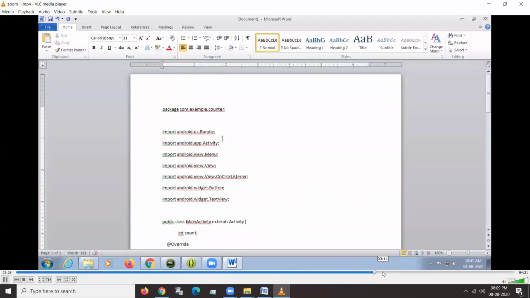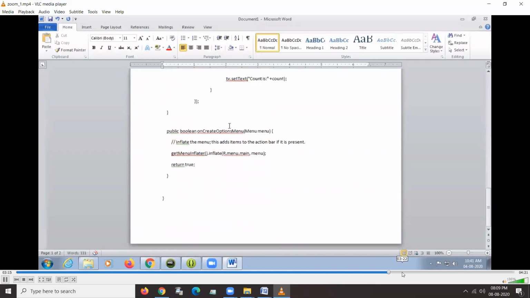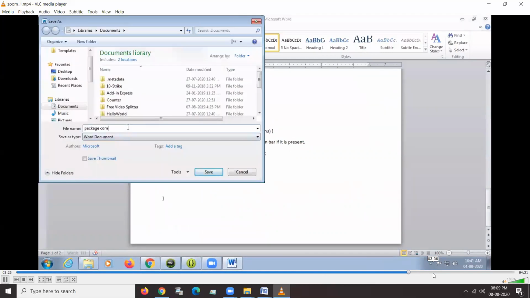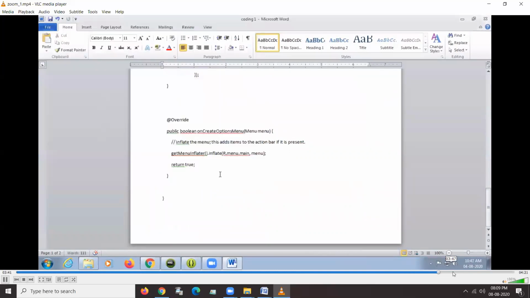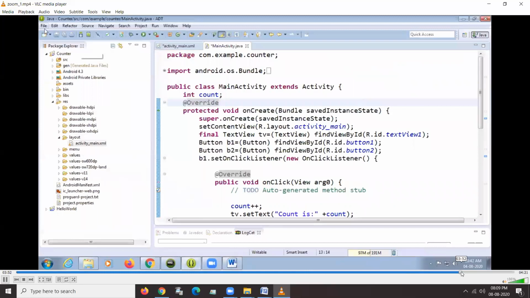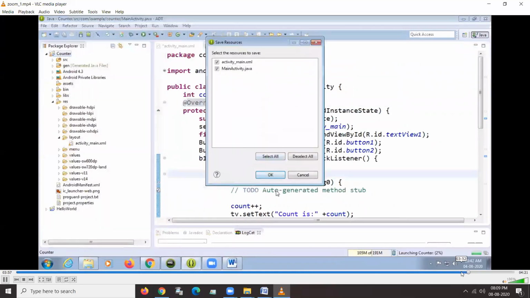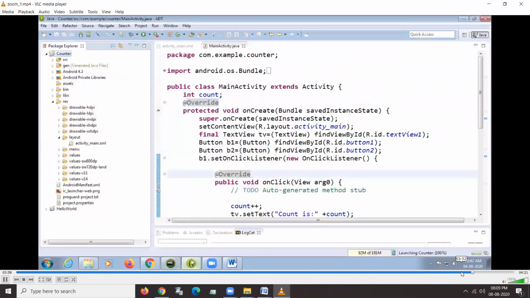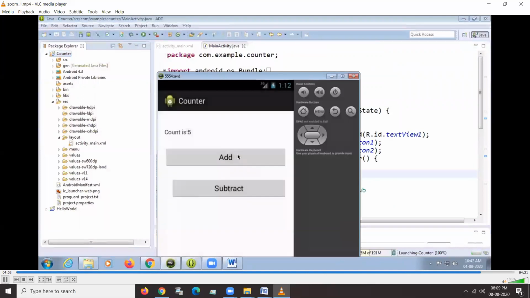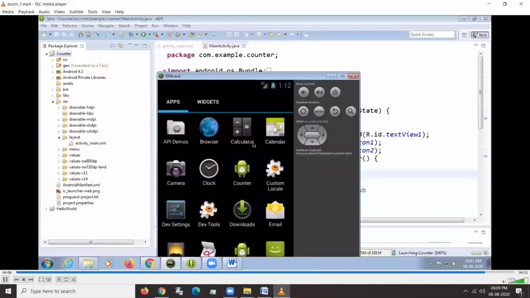So this is the coding, you can copy the coding into your MS Word. After that, save your coding. So next, you can run the program in your Android. Okay, so the output will be displayed when you use the command button.